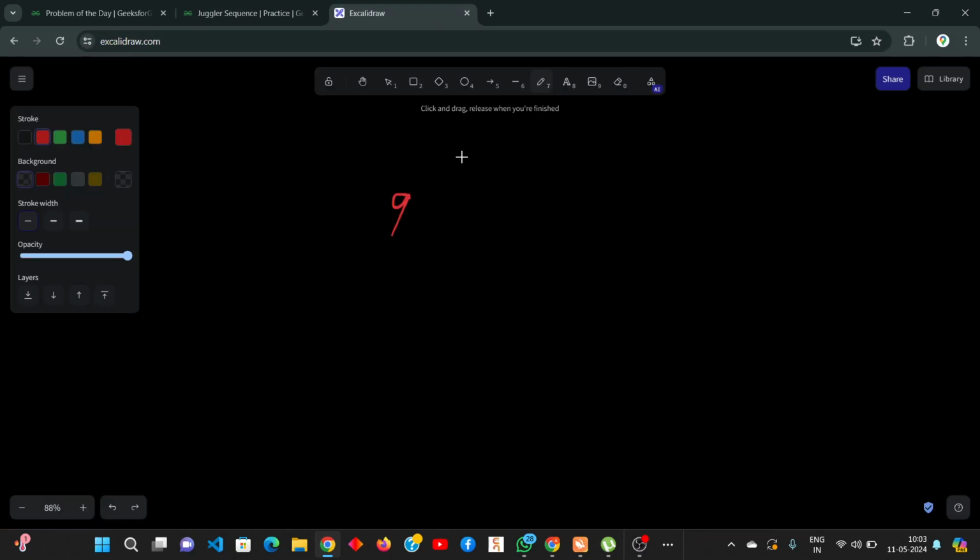9 here. For 9, it is an odd number, so we will use 3 by 2, and we can write this as half and then the whole to the power 3. It is also correct, right? So 9 to the power half means the square root, so the answer will be 3, and 3 to the power 3 is 27. For the sequence, the first element will obviously be 9, then the second element will be 27, and